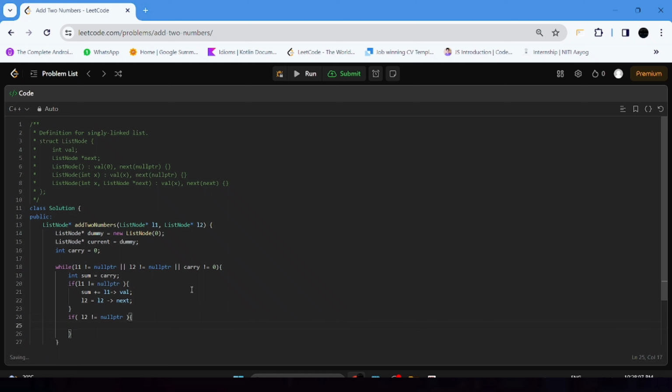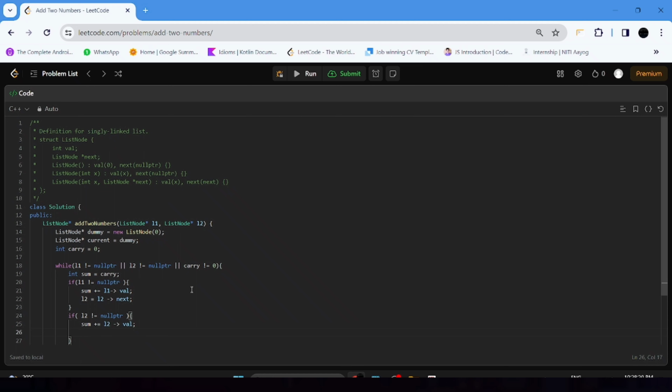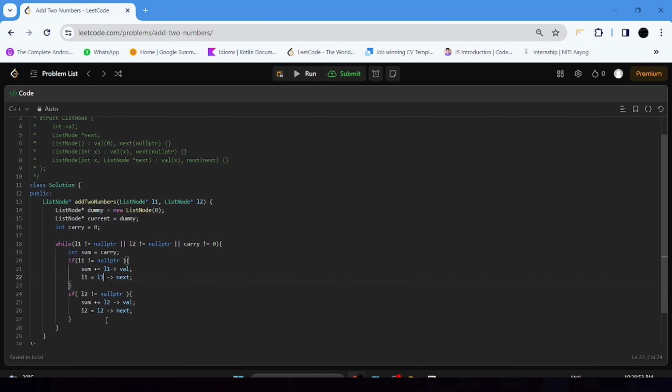If our list 2 is not equal to nullptr, then we will simply add the value of list 2 to our sum, and move our list 2, which means L2, to its next node. We have some correction here. We have to replace L2 by L1.